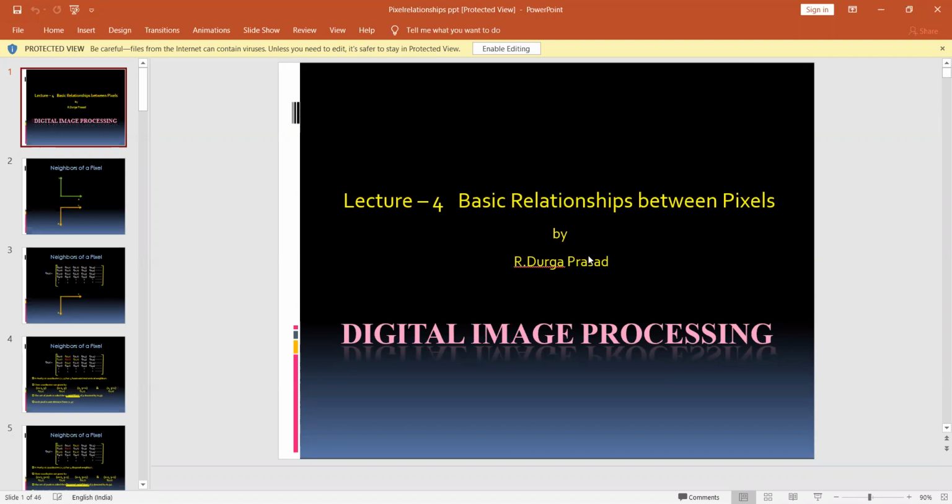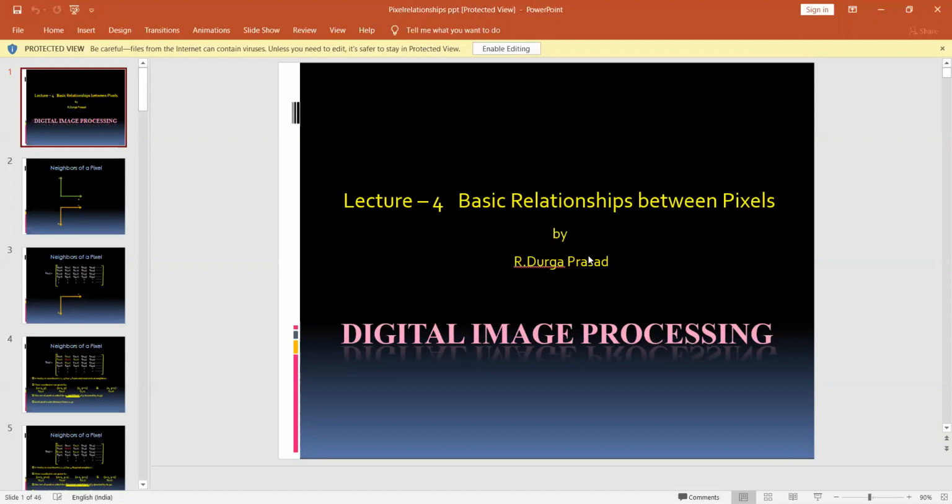So already we've seen a discussion about the syllabus of digital image processing, and there onwards the fundamental steps involved in digital image processing, followed by the components involved in digital image processing. Now I want to discuss the relation between any two pixels in any digital image. Before going to discuss the relation between any two pixels, what is a pixel?